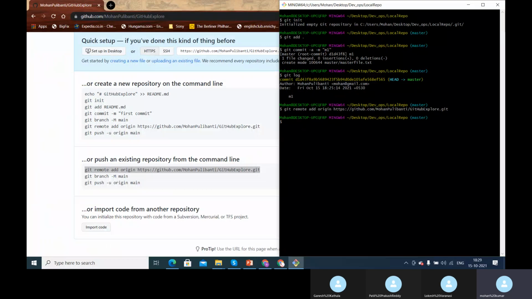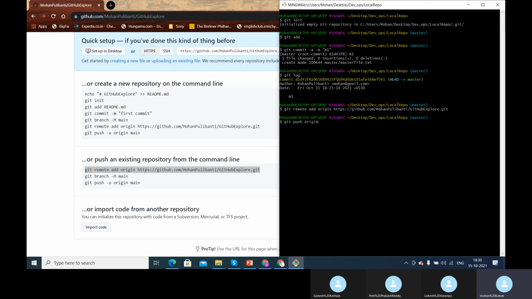So is a connection established or not? We haven't got any message saying whether the connection is successful or not, right? To know whether the connection is successful, we have to use git push. Git push is something which pushes the data from the local repository to the remote repository. So git push is the command which is used to push the code from the local repository to the remote repository, and to where I have to push has to be specified, right? I mean, from where to where I have to push. Origin is the place to which I have to push.